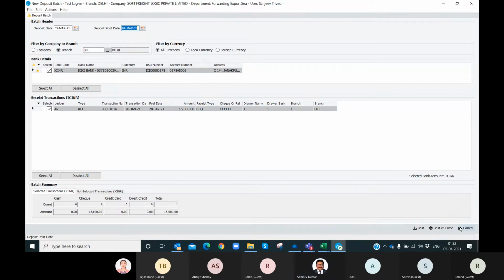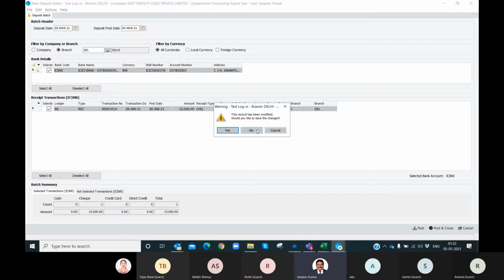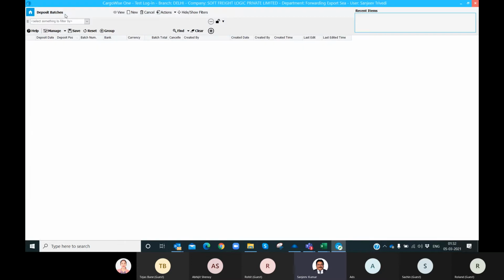Otherwise, leave it here so that you will have an idea. And there are certain reports also that these entries are still lying and they are not finally posted, meaning not appearing in the bank statement.